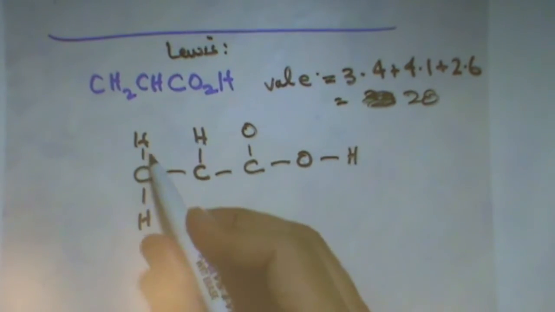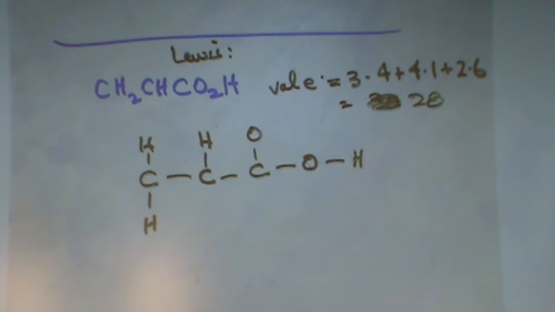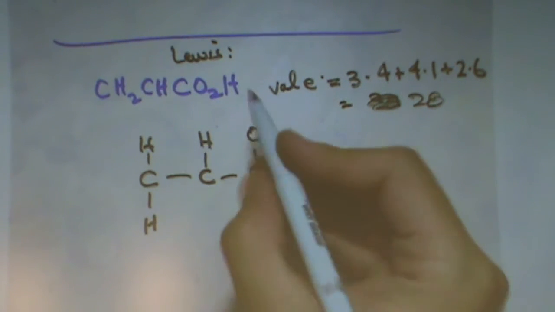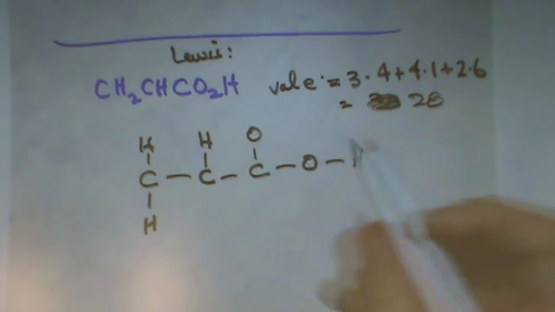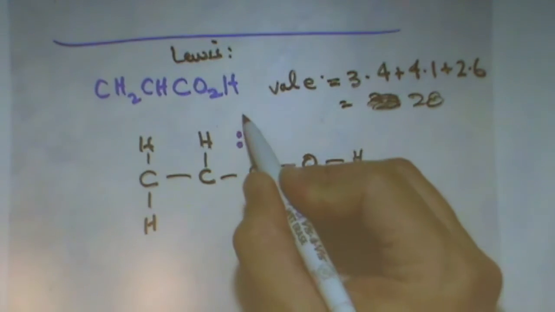Okay, so you're drawing all the skeleton bonds here. 2, 4, 6, 8, 10, 12, 14, 16. Did I get that right? 2, 4, 6, 8, 10, 12, 14, 16 of 28 total electrons. So now I go to the terminal atoms. All the hydrogens are already filled up. They can only take 1 bond maximum. So now I'll go to the oxygens. Shoot, now I forget again where I was. 16? Yeah. Okay, 18, 20,